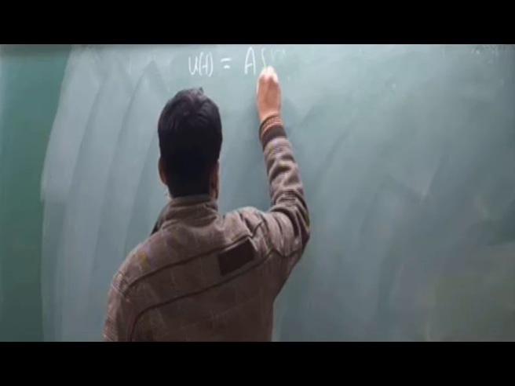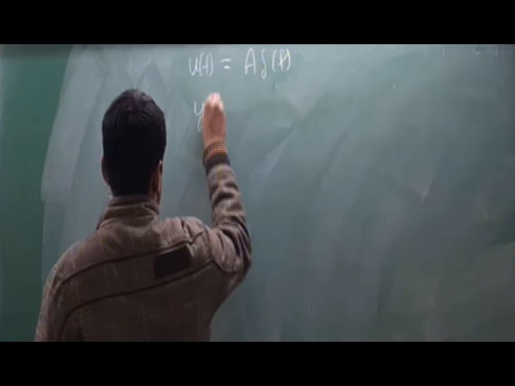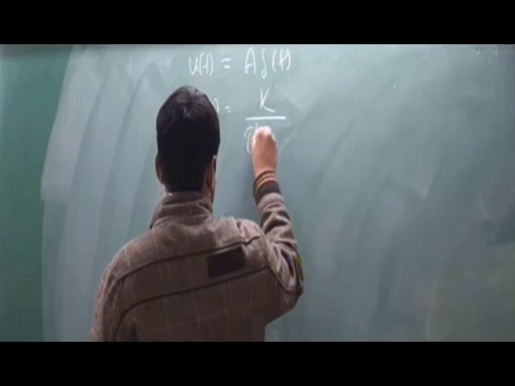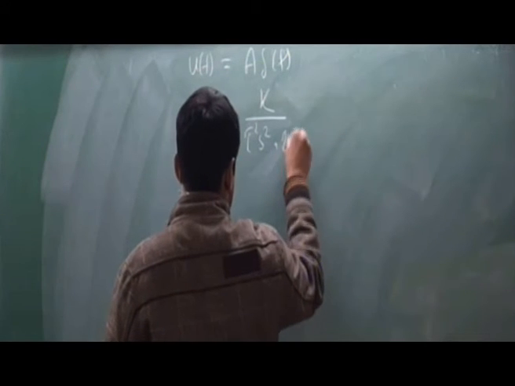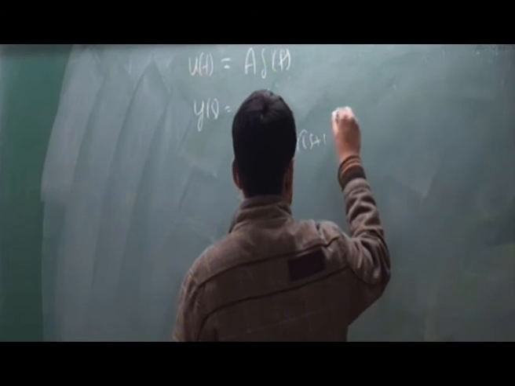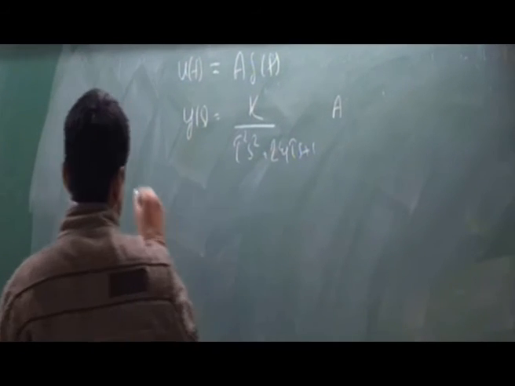The impulse response signal is given by A of delta t. So consider case 1